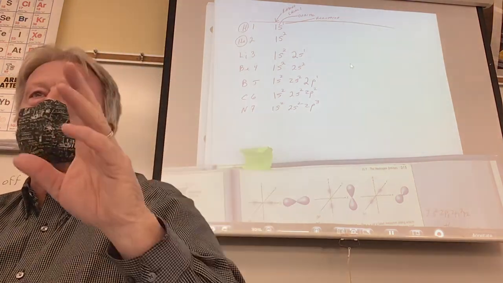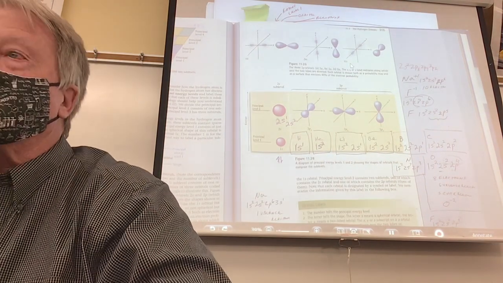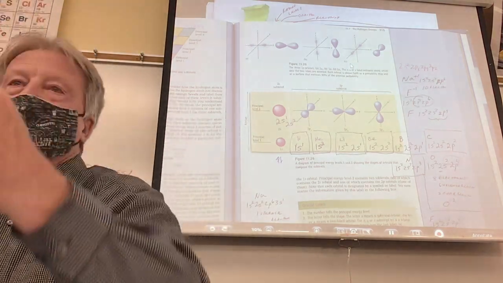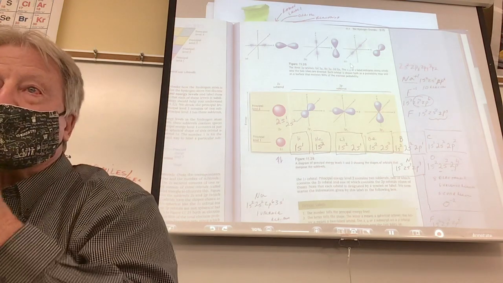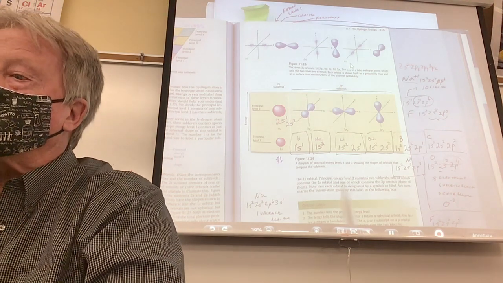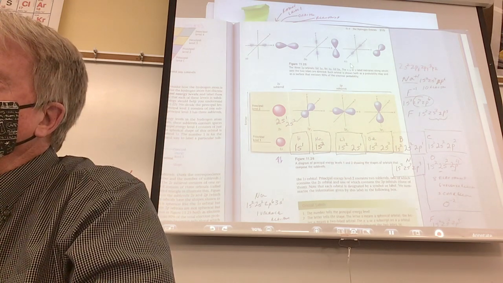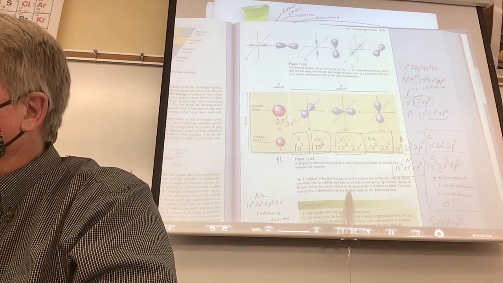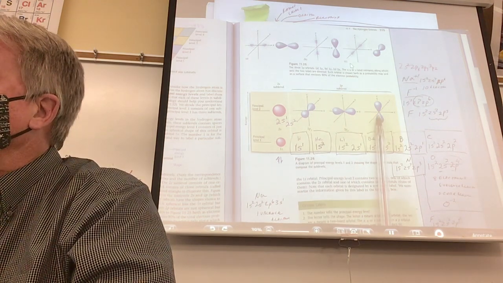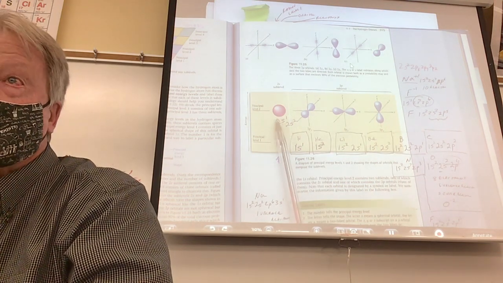This is working. Now, it is true that if you wanted me to split this up, I like what you're thinking. I could have said in the first P you put 1, in the second P you put 1, and in the third P you put 1. I could have done that, but I just combined all the P electrons there. And I put P3. Get that? Because when I say P, it means all of these right there. Yes? So how high can you go for the P orbitals? Okay, watch. I can put 2, 4, 6. I can put 6 in them. So I'll never put a number higher than 6 in the p orbitals. I'll never put a number higher than 2 in the s orbitals.